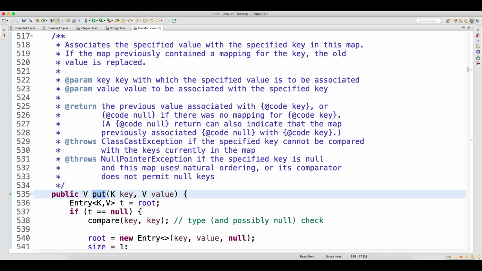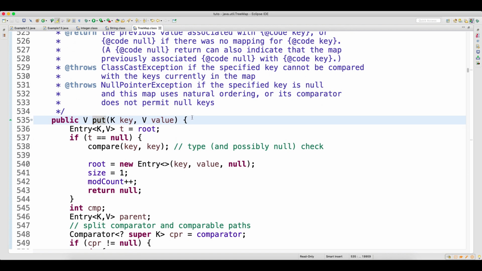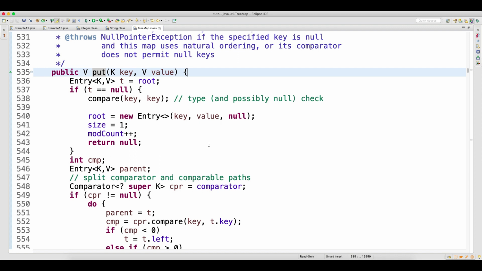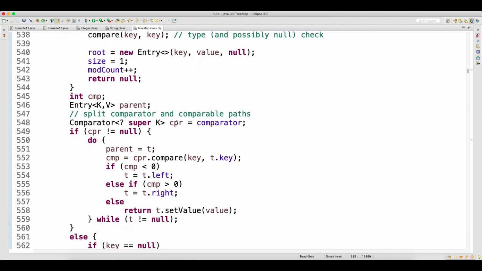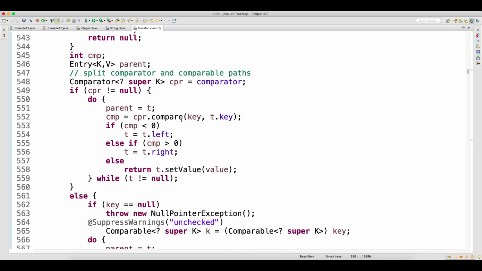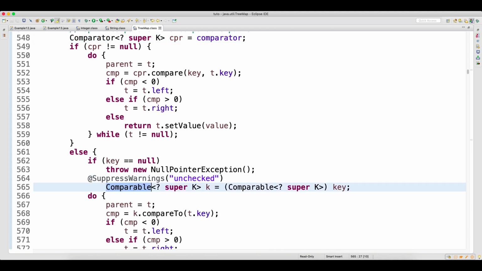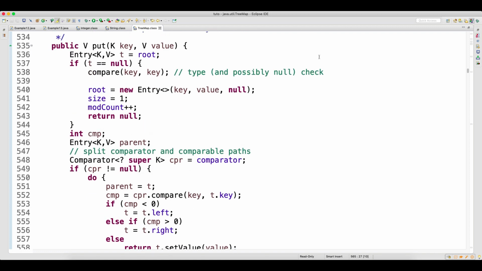In this put method, either your data should be of type comparator or your data should be of type comparable. If you have either of those, comparator or comparable, your put method in the tree map will not throw any exceptions.